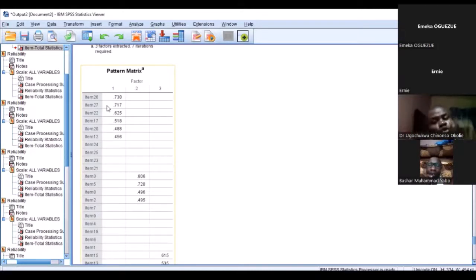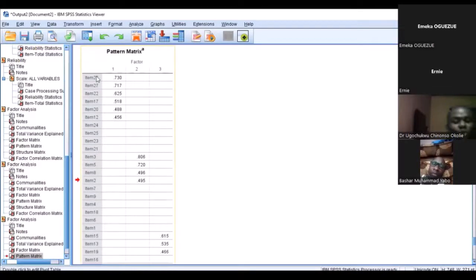What it means is that you will note those items that loaded well. For example, item 1 states that I am confident that I can write the exam well. Assuming this is the item here, I will, in my research study, under measures, after the methodology section, have to report there clearly